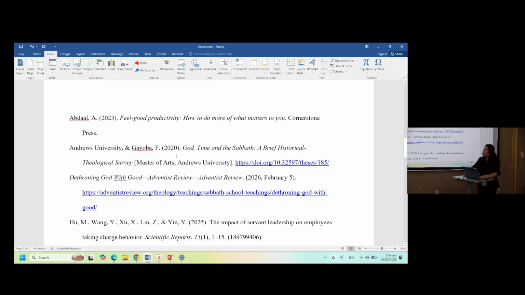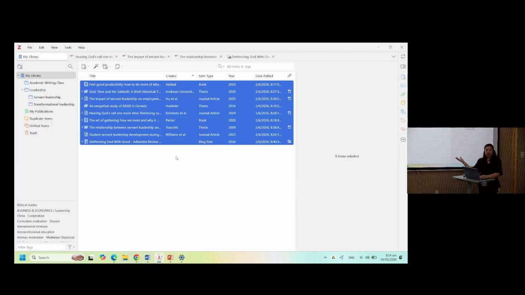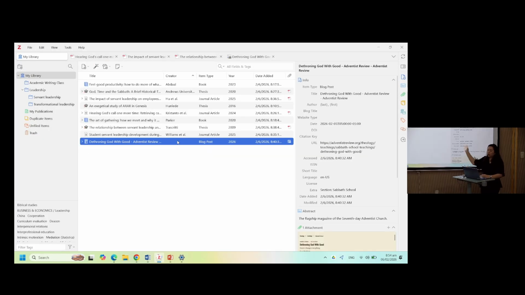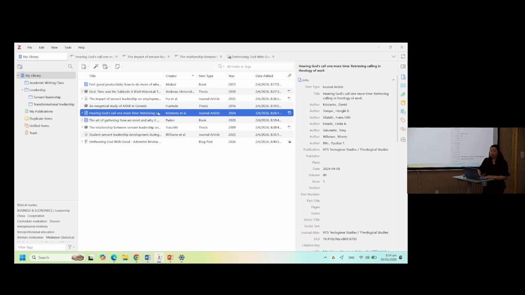For the editing process, don't edit it here. Edit it in Zotero. You have to edit the fields to correct it. So how do you correct it? You don't just look here, but you cross-check it with the main resource that you're reading for you to be accurate with what you're editing.